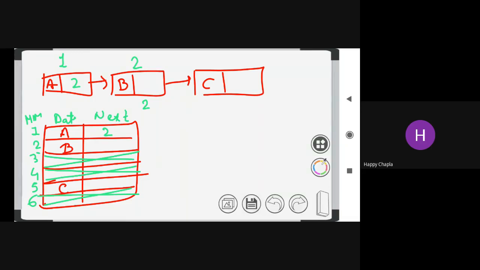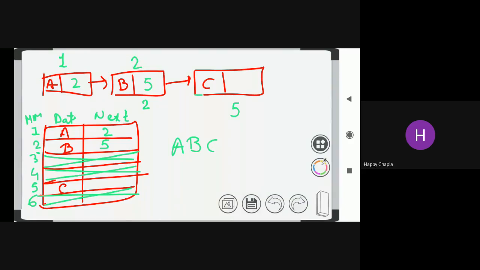Now I am finding the B. But where my next data part is stored, I am not aware of that. So here I have to give memory location number 5. And now I am completing my string. There are no more elements in my string. Only ABC is there.